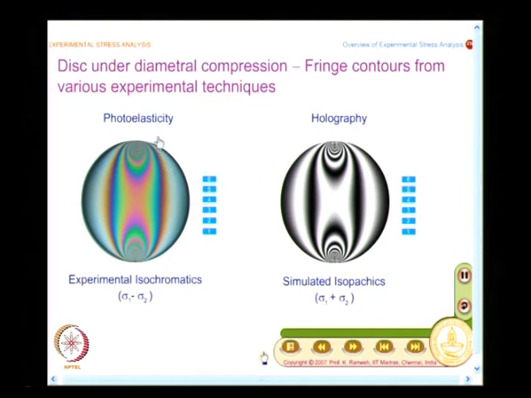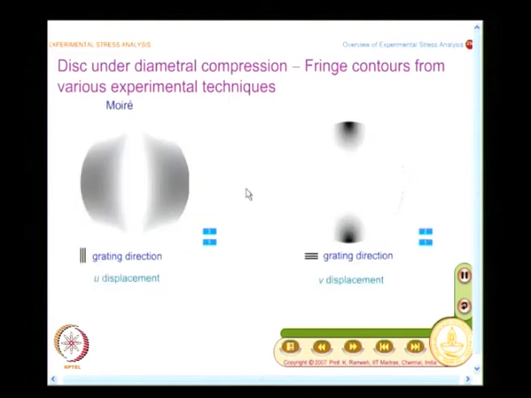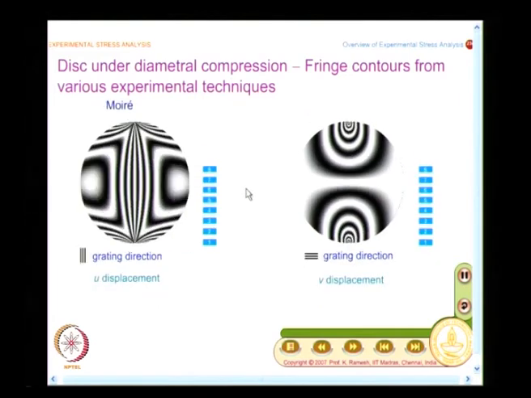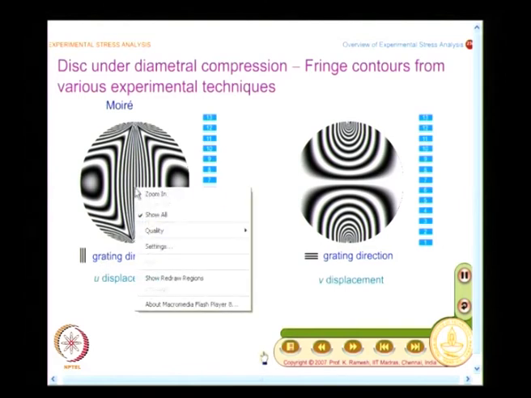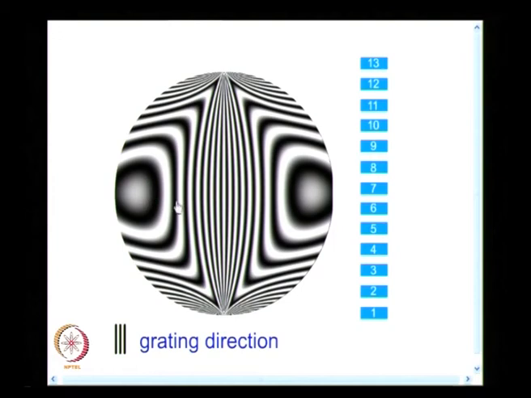So, in this example we have also shown results from holography, and if you want to go for displacement information, what is the technique that you will use? We have been seeing Moiré. So, I would see the Moiré contours, what I get for u displacement as well as v displacement. How do I decide that? I have the grating direction with which it is recorded, and you get these contours beautifully,